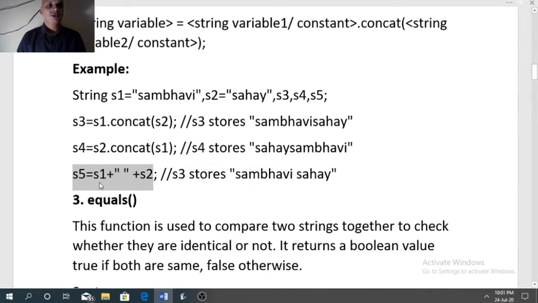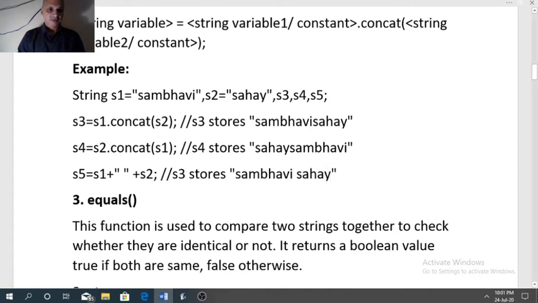So here we are joining three strings together. Between S1 and S2 we have added one space, that is why our result will be Sambhavi Sahay with a space between the two words.